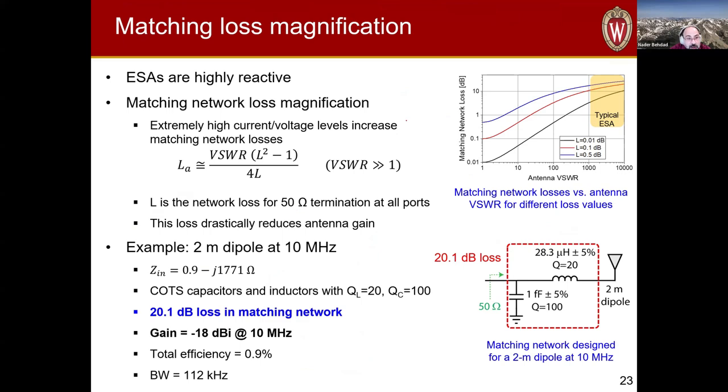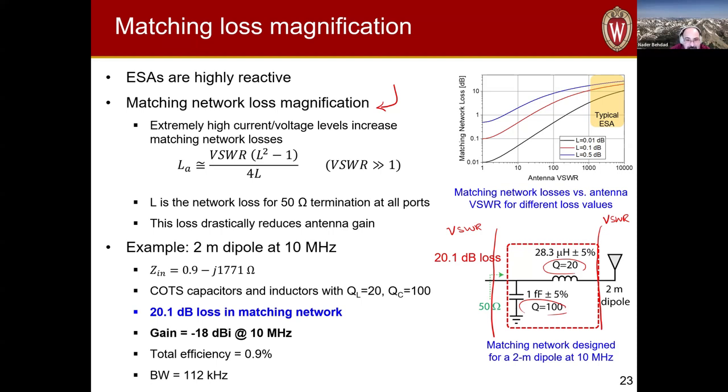So this is a concept that is well known. It's referred to as matching network loss magnification, and this happens anytime you are trying to impedance match a highly reactive load, let's say an electrically small antenna, to 50 ohms. There's a significant difference between the VSWR of your antenna and the VSWR that you're trying to achieve, impedance matching to 1 here. You'll have the small losses that you may have in your impedance matching networks